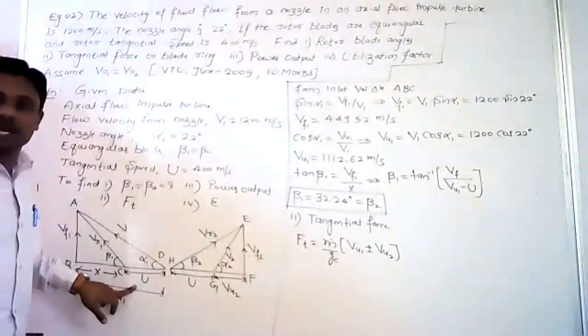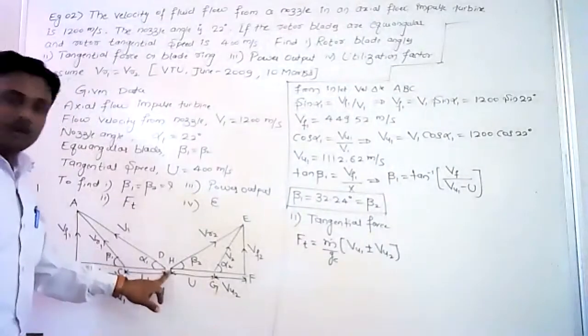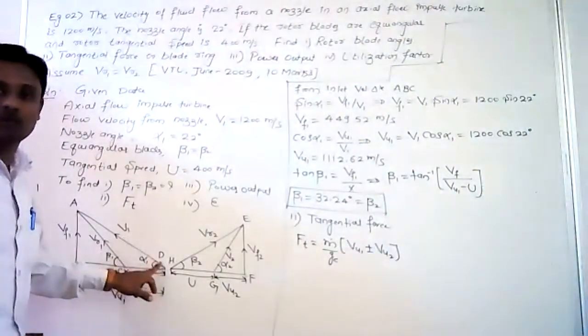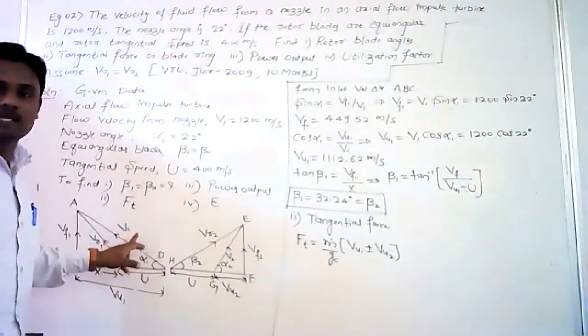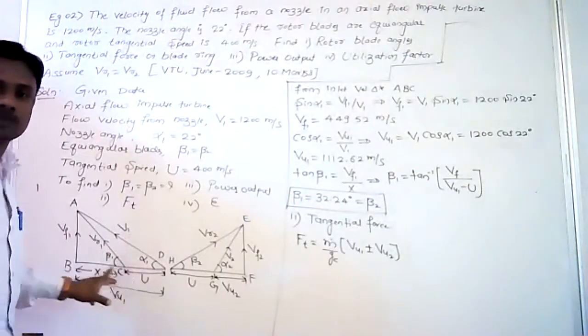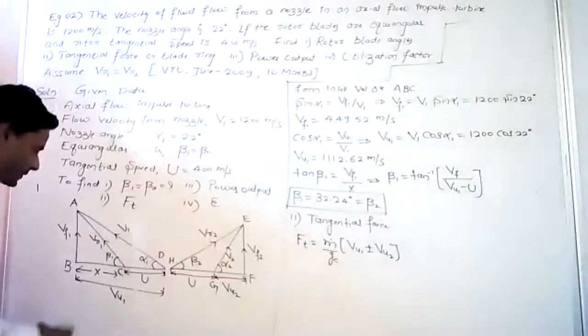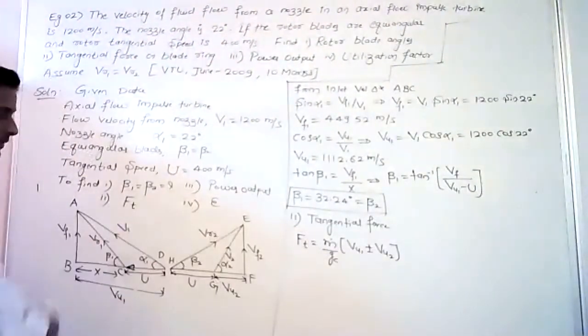If we consider the inlet velocity triangle, V1 is a velocity which is emerging from point B. This is the origin of V1. V1 is inclined, and it is resolved into the horizontal component, that is VU1. The direction of VU1 is towards left. Listen here carefully.